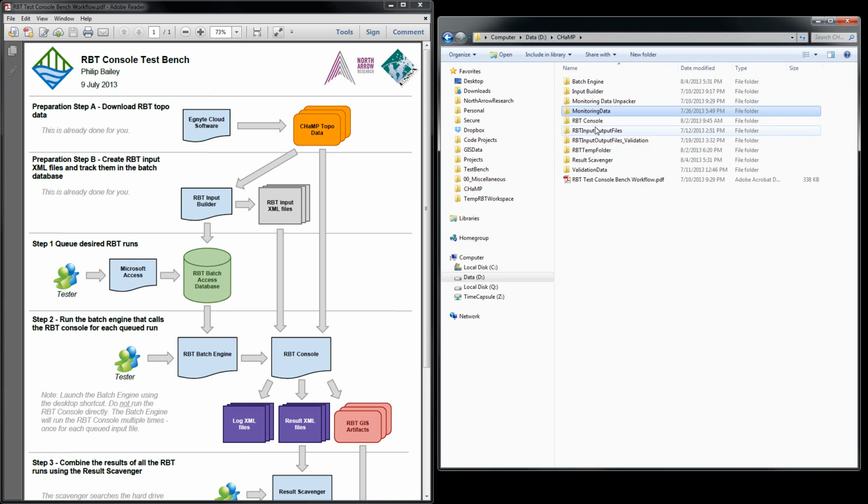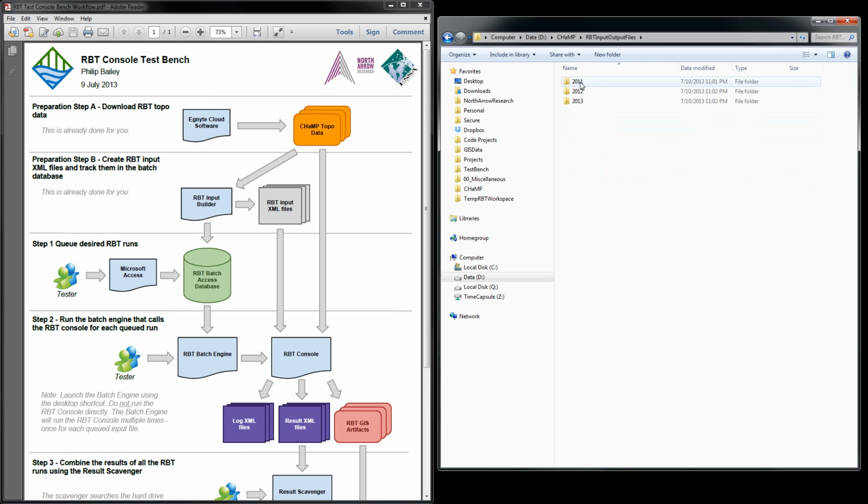So back up at the top here, that's under monitoring data. And then the critical folder here is the RBT input output files. This has exactly the same folder structure, but inside here, instead of all the data, are actually the RBT input files. So I'm going to assume that you've got hold of the Ignite Cloud software, you've downloaded and unpacked all of the topo data, and